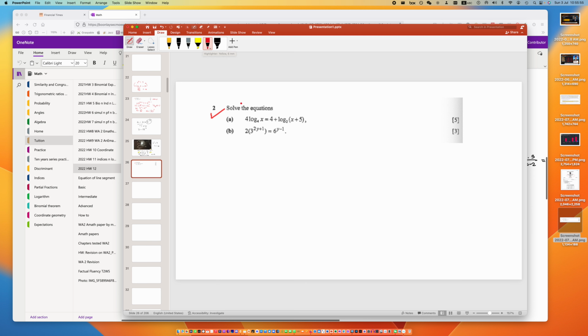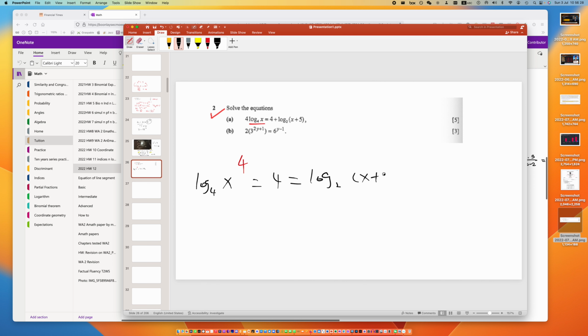Okay, so just to highlight to you, you can bring the 4 to the power of x, or you can choose not to do anything to the 4. I really leave it to you. Whether you want to bring it up to the power of the x, or leave it here, up to you. So you want to bring it up or leave it? Bring it up. Okay, so you get log 4 x to the power 4 equal to